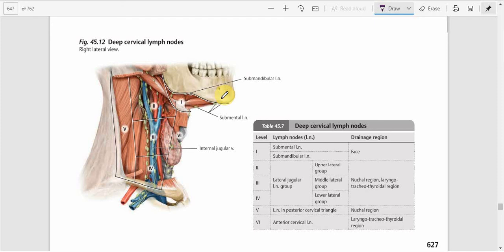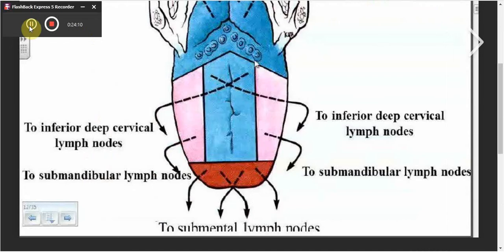Now the submandibular lymph nodes, on the other hand, they drain the lateral surface of the tongue, as well as the lower gums and the teeth and the central area of the forehead. I'll show you an image. So in this image you can see that the tip of the tongue drains into the submental lymph nodes, and the lateral surfaces or the lateral aspect of it drains into the submandibular, right? So that is what I wanted to show to you,